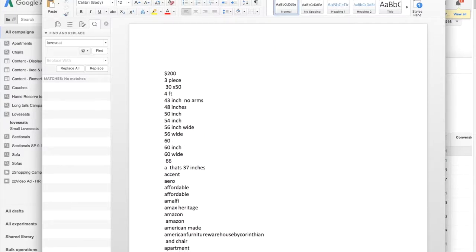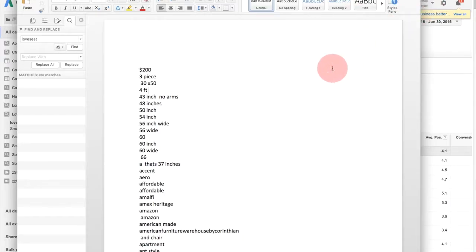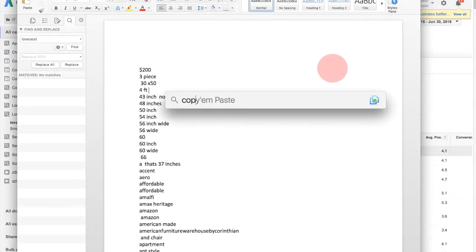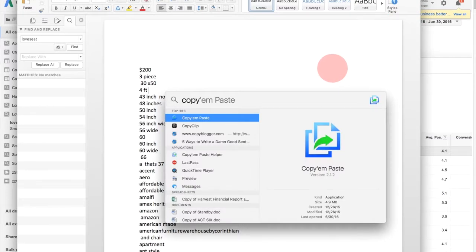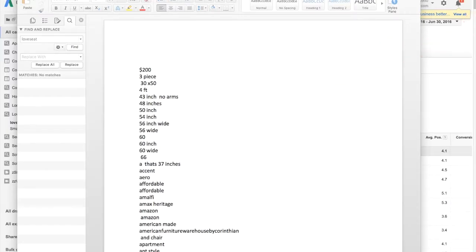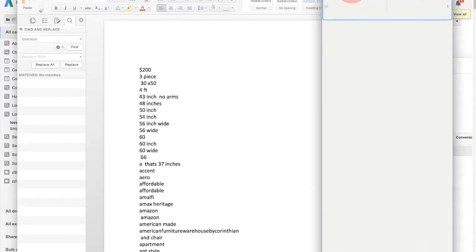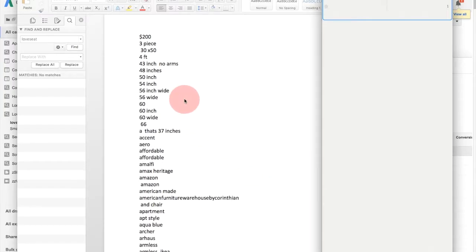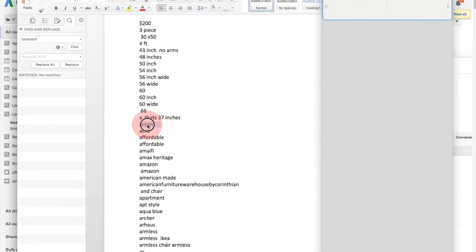But now I'm going to do a little bit of magic here. I'm going to open up a program called Copy and Paste. Now this is an alternative clipboard program. I'm going to bring that in here. Now watch what happens. Let's say I'm going through this list here, and maybe I want to use ascent as a negative keyword. All I do is highlight it and Command Copy. And when I do that,